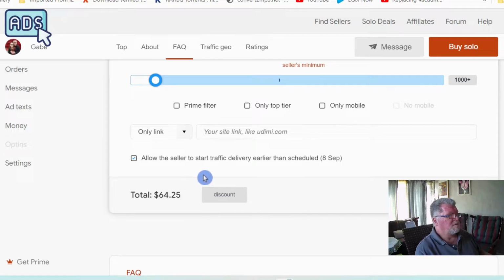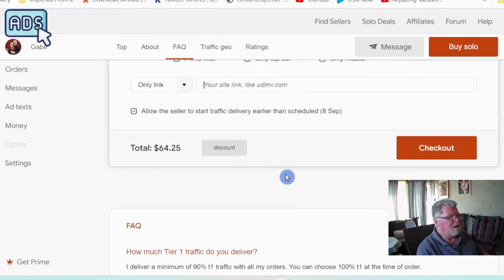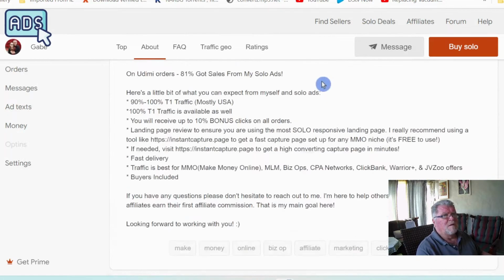There are some people who sell bad quality traffic too, and you will be able to weed them out even before you purchase. So what I would recommend you to do is to find sellers in the top menu tab. Just because someone is the cheapest, it doesn't mean that they are going to give you what you need at a bargain. It doesn't work that way. So as I said, you click find sellers, and in the filters tab that we've gone through,